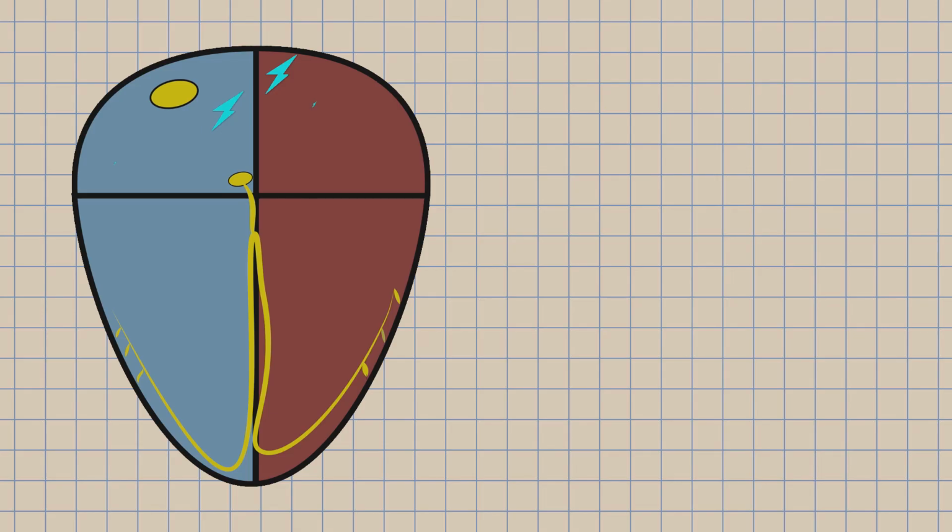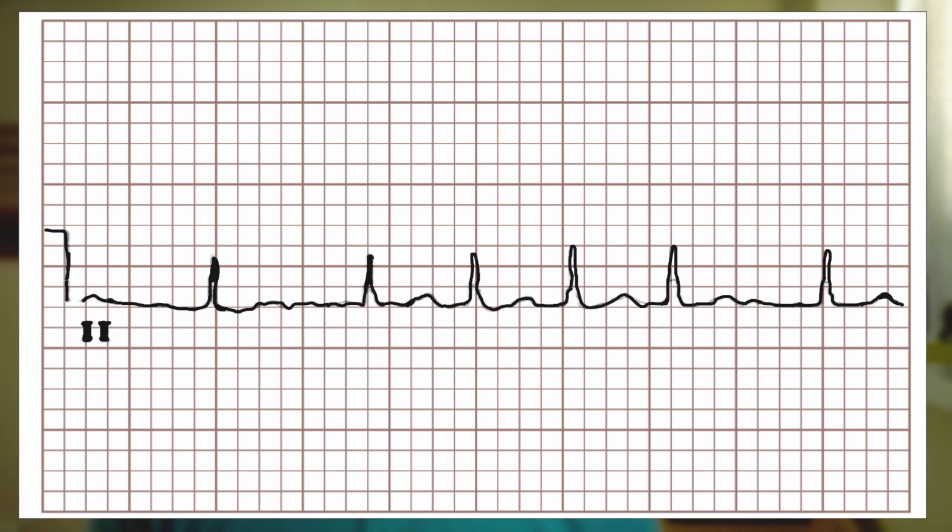Because this is not organized, the AV node only allows some of these impulses to go through it. So when this occurs, you are able to see a QRS complex on the ECG graph. Now, because of this haphazard discharge of electrical impulses, there is noise on the baseline. You cannot really distinguish any P wave because the foci are multiple. Multiple cells out here dancing, no organization. The QRS complexes are not regular because the AV node is not allowing the impulse of every focus to reach the ventricles. Else this would be madness.